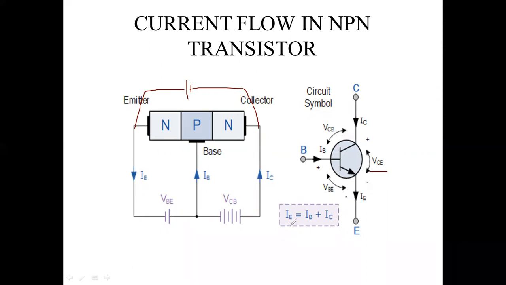So according to this, IE means the outgoing current, the arrow is coming downside. See here, the arrow is coming downside or not? Yes sir. So IE equals, which currents are coming? IC is coming up to the base. Then at the base, IB will also add with that one. So IE equals IB plus IC, we are going to call here now. Is it clear?